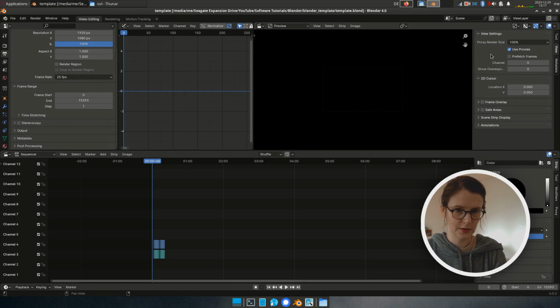And now I have the view settings, proxy settings, and I will change the proxy size to 25% because who needs 100% proxies? Oh, you don't know what a proxy is? Sorry. Okay, a proxy is a preview file in a lower resolution than your original file. So for instance, the picture quality is lower. Because of that, it loads faster. It can be used as a preview, but it has the same temporal properties as your original file. So you see the same image, just smaller at the same timestamp, and therefore you can load the proxy file